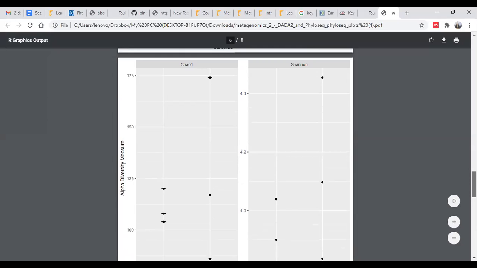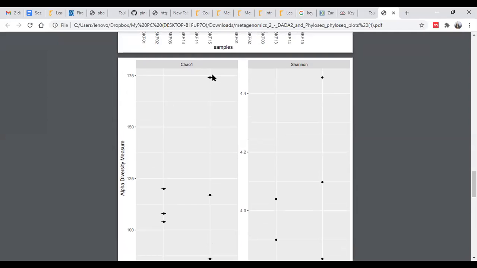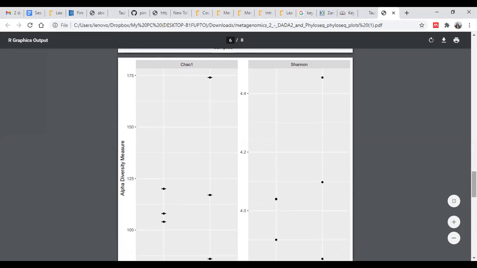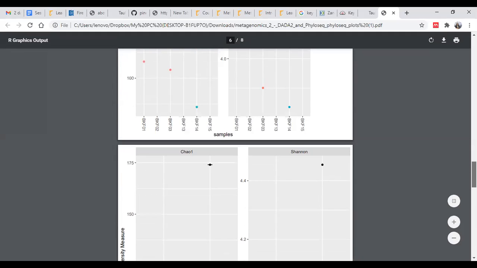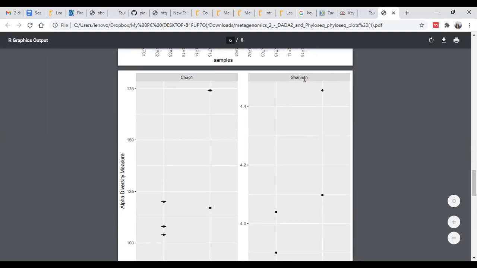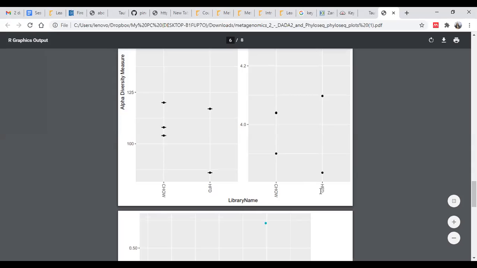In terms of alpha diversity, as it considers the natural number of abundance, this particular sample, the high fat diet, has higher diversity in comparison to the chow diet. Similarly, in terms of the Shannon parameter, we can again see that HFD has higher diversity in comparison to the other condition.